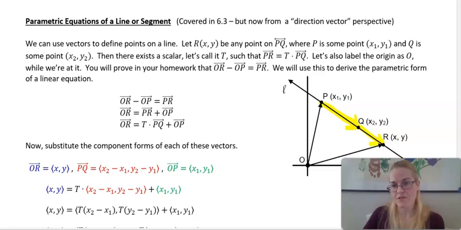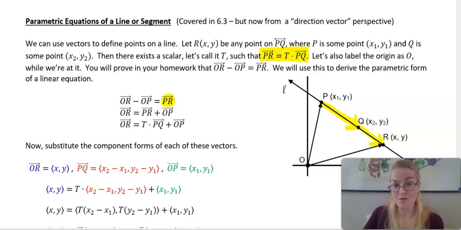What do we know about vectors that are in the exact same direction? Well, they're scalar multiples of each other. So PR is some bigger version of PQ, right? Then there exists some scalar T, so that T times PQ is PR,